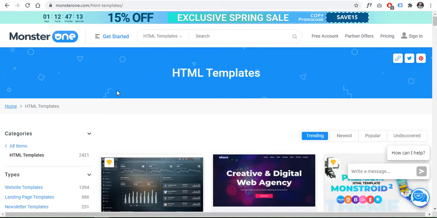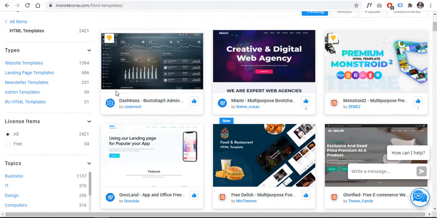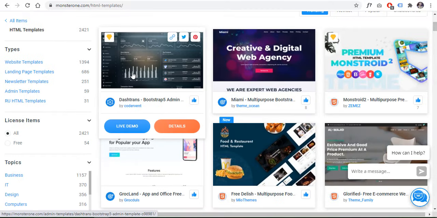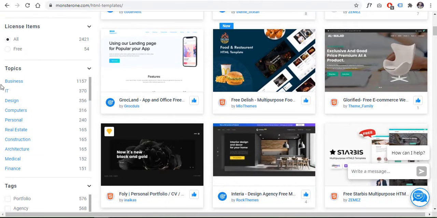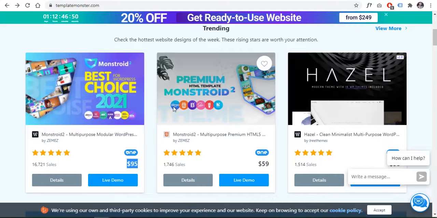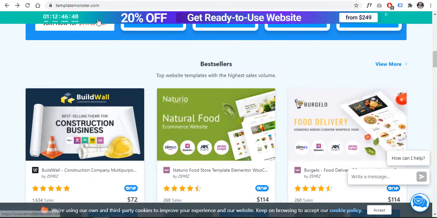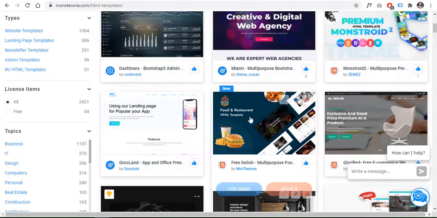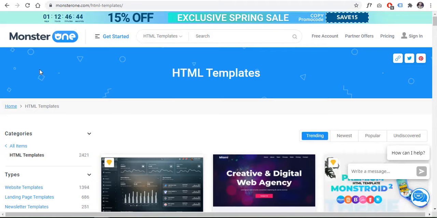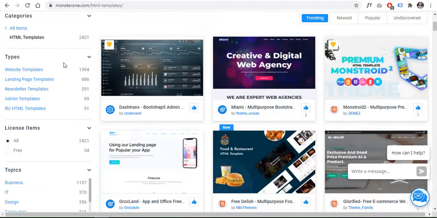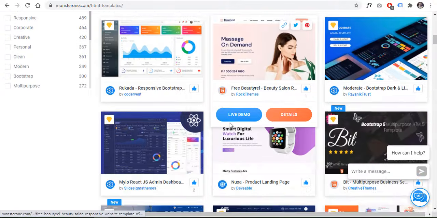You will also not have to worry that if you buy the plan, then after some days you get issues with templates not being updated. Everything you get here will be updated on a daily basis. If one theme is updated on the main Template Monster website, it will also get updated on the sub marketplace, which is the MonsterONE subscription-based marketplace.